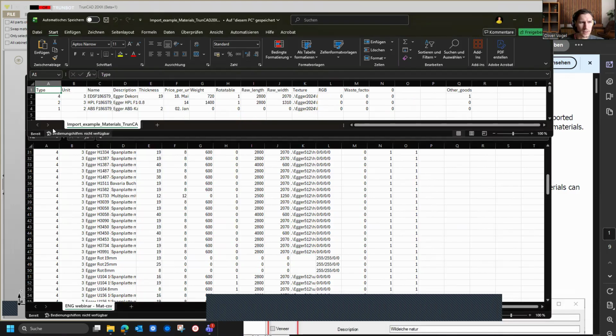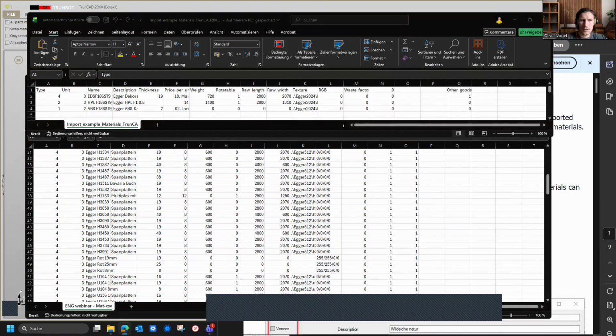So you see here in the first column, you have the type of the material. In the second column, you have the unit. And in the third, the name. And here in this documentation, in this PDF,